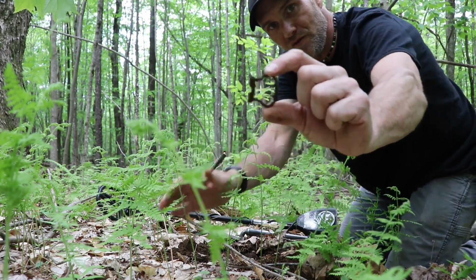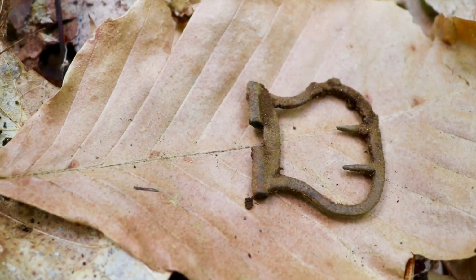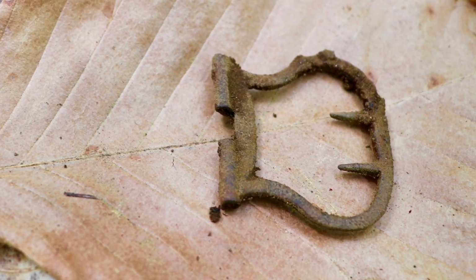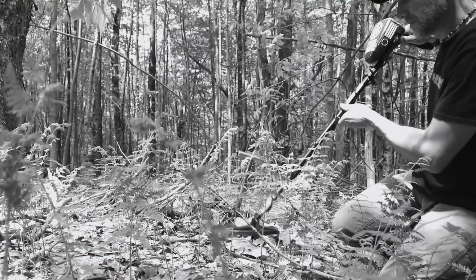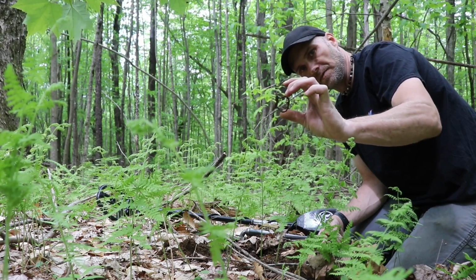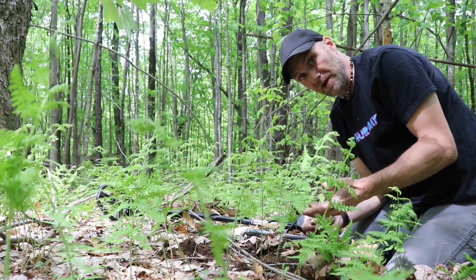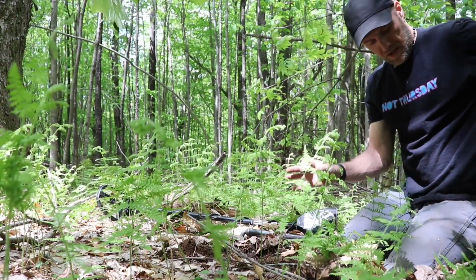Boy, am I glad I went for that. It's another shoe buckle tongue. Wow. You know, it gave you that little bit of peek out of the iron floor. When you see iron clothing items like this, it's just a general observation and sign of the people didn't have much money, or didn't even get brass. But all right,